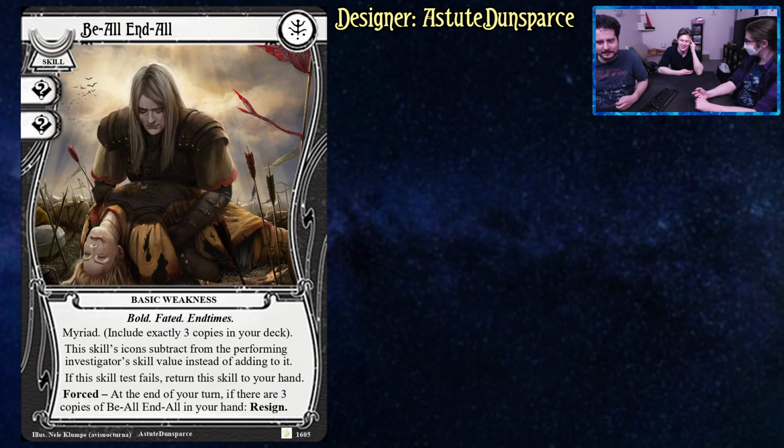What? You can't have it be mirrored and then say include exactly 3 copies of your deck. Yeah, mirrored probably says you can include up to 3. So you can't have your keyword mean a different thing. It would just have to say include exactly 3 copies. If the skill test fails, return this to your hand. And at the end of your turn, if there are 3 copies of Be All End All in your hand,